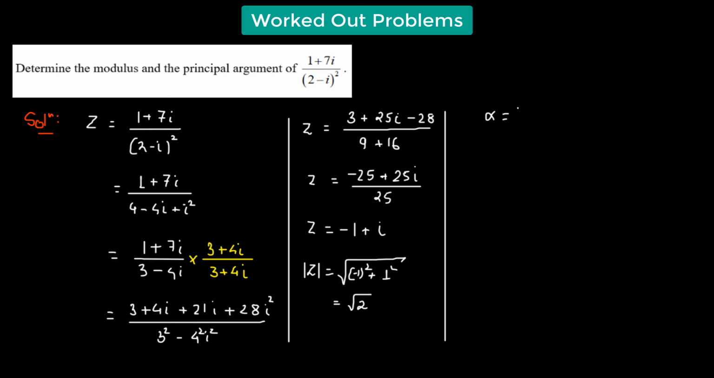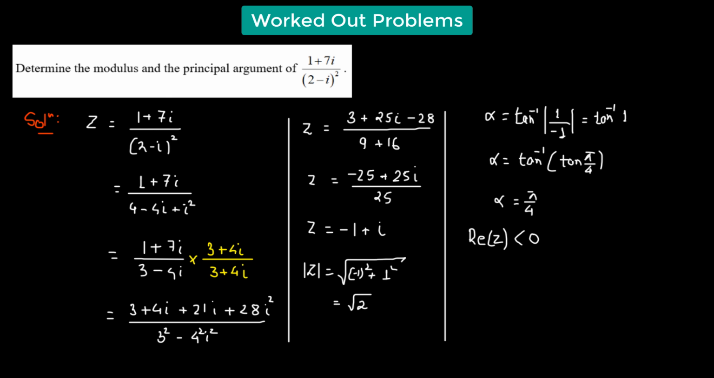So we have tangent inverse of the absolute value of the imaginary part, which is 1, divided by the real part, which is negative 1. So that gives us tangent inverse of positive 1. So alpha is equal to tangent inverse of 1, which is pi by 4. So we have the acute angle equal to pi over 4. So we see here that our complex number z lies in the second quadrant. That's because the real part of z is